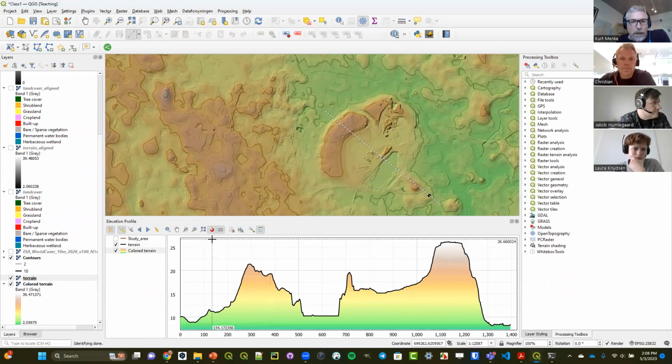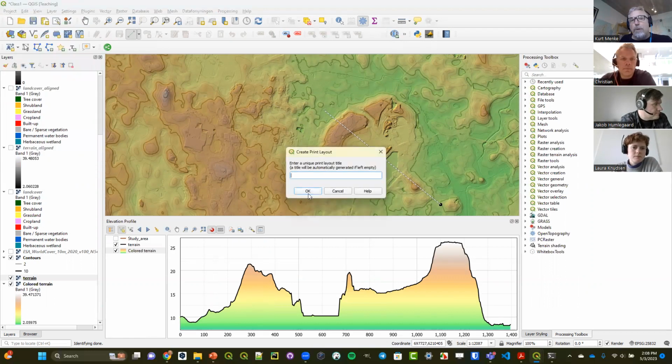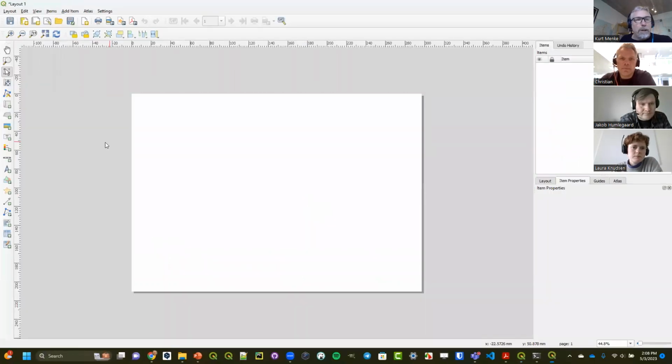And this can be exported out as an image or a PDF, just as an image. But you can also, I can't remember if this is in 3.30 or 3.28, but it's now supported in the map canvas. So if I create a new print layout and I add my map here,